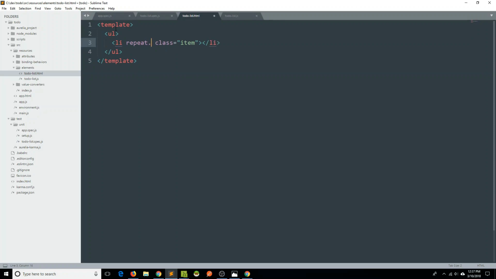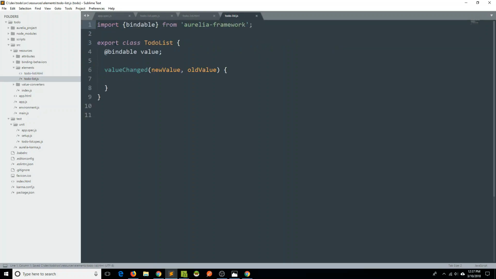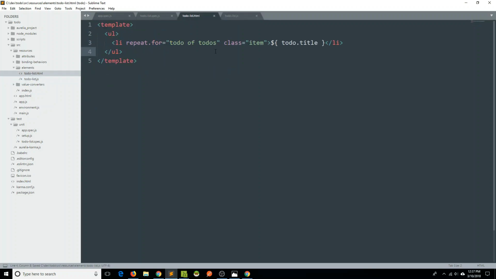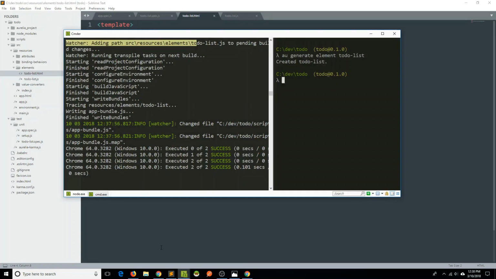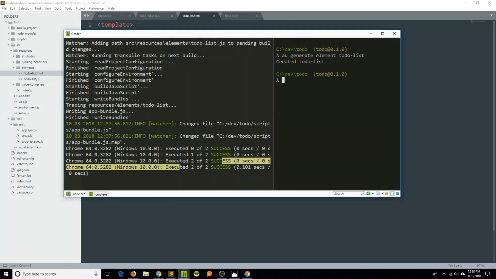So we can say repeat.for equals to-do of to-dos. And within this list item here, we're going to just say this is going to be our to-do dot title. And of course, to make that work within our view model, we're going to have to make sure what's bindable here is the to-dos. Okay, great. So now if we go back to check out our tests, we can see that we've executed 2 of